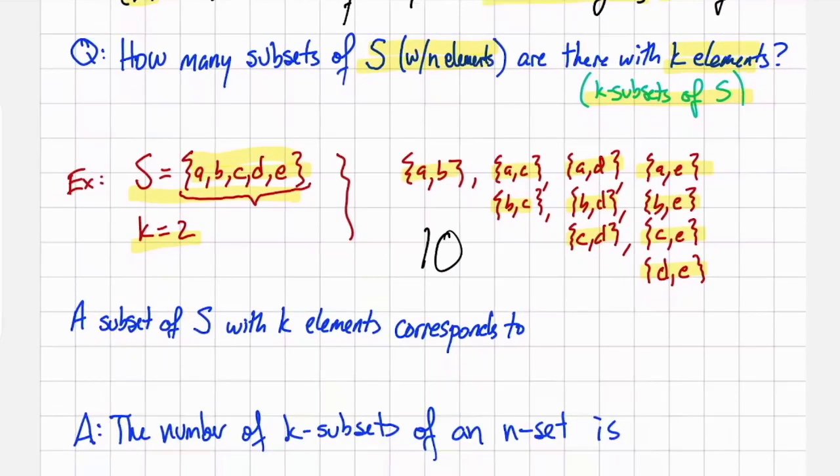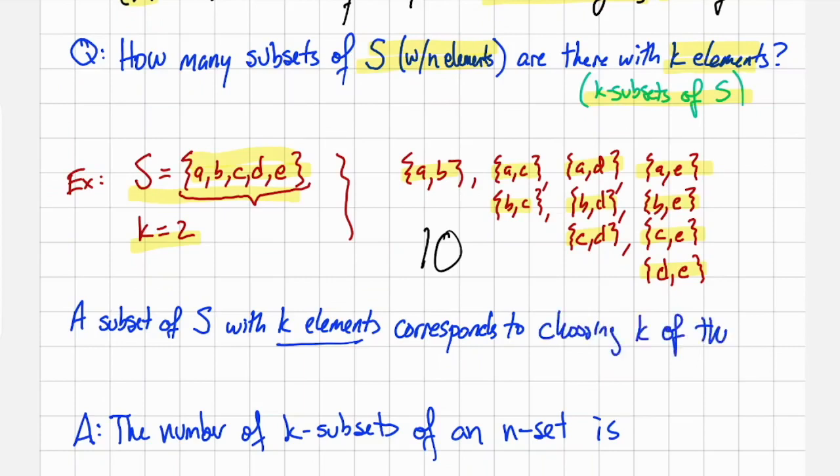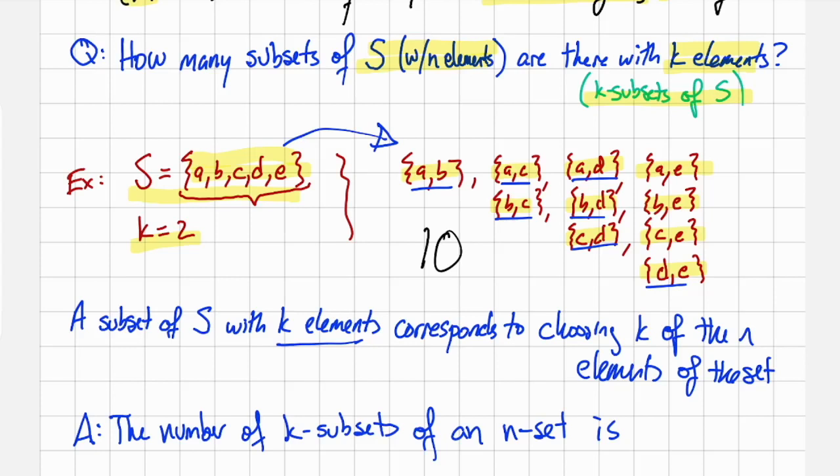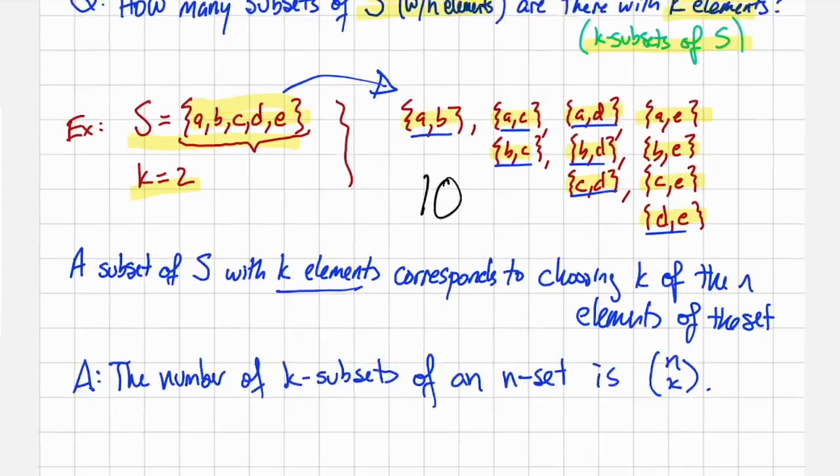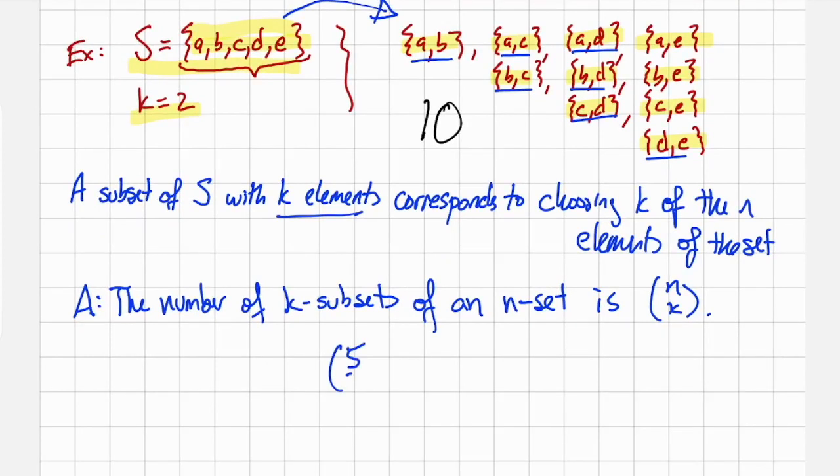We can see that a subset of S with k elements corresponds to choosing k of the n elements of the set. The way we wrote down all the two subsets of S was to find all ways in which we could choose two elements out of the 5. And when we're choosing k elements out of n, the number of ways to do that is exactly n choose k. And we can quickly check that 5 choose 2 is equal to 5 factorial over 2 factorial times 3 factorial,